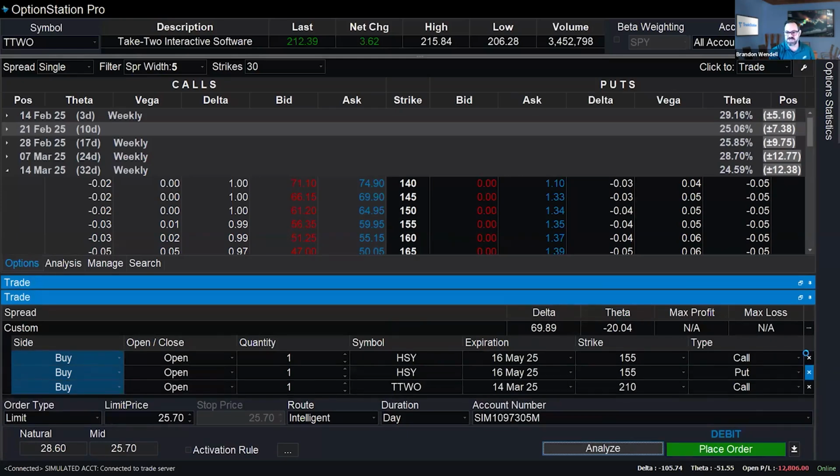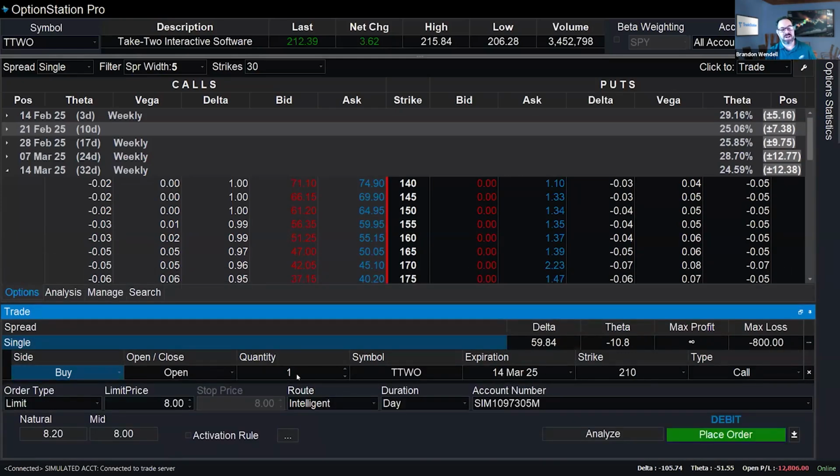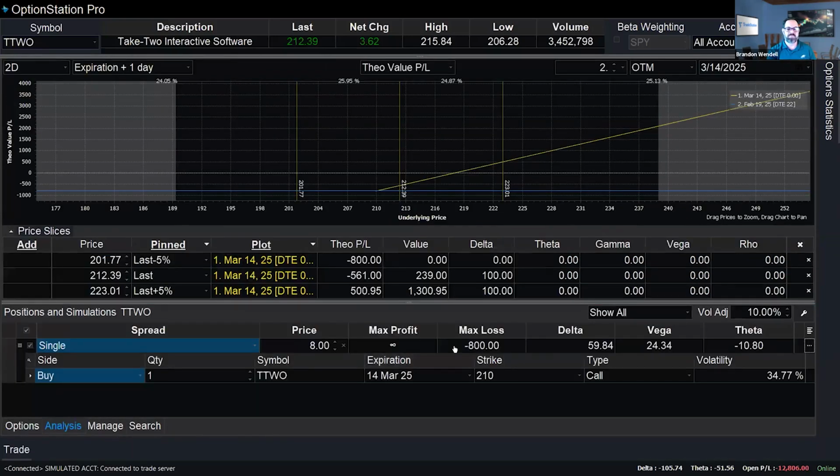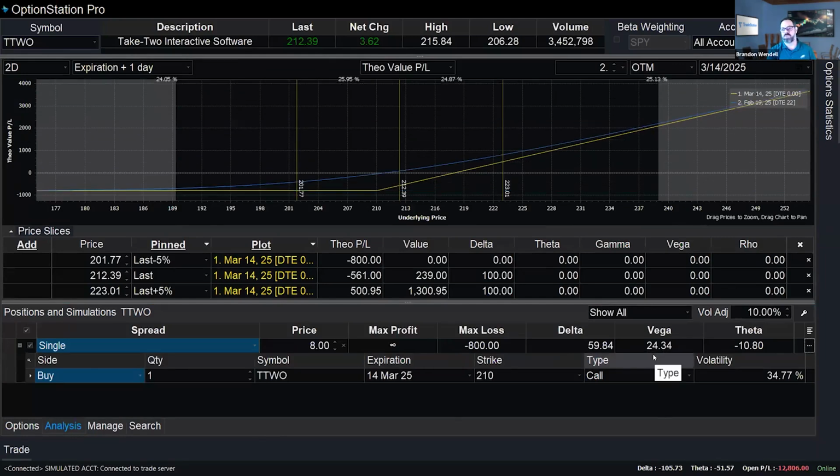Let's get rid of the Hershey's there. So if you buy this option, again, you take a look at what's going on here. We've got the delta, positive delta. It could go deeper in the money, get a little more delta if I wanted to. The problem is the time decay is going to hurt me. And again, I go to analysis here, and I didn't even look at volatility, but my exposure is at 24.34. So it's not great, but it is going to give me a little bit of a boost if volatility goes up with price also moving up with a positive delta. So if I want to help myself a little bit here, I can create a spread instead.